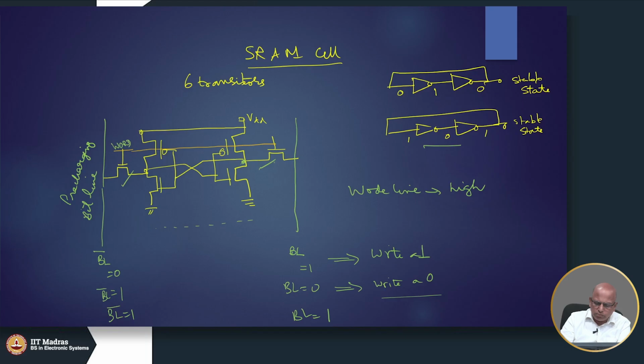Now, if they both become 1, depending on whether the cell contains a 1 or a 0, right. Imagine that this contains a 0 and we have made this 1. Okay. What will happen is